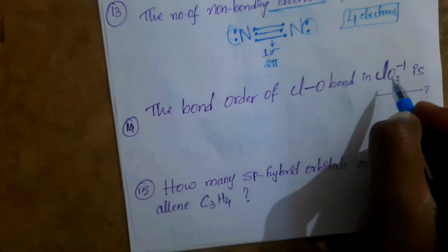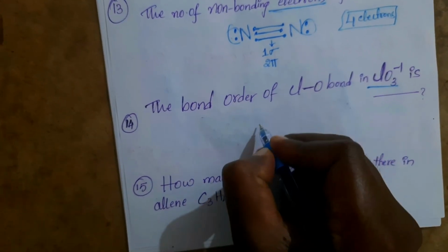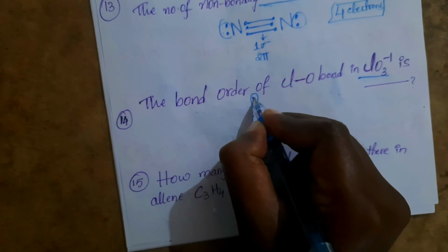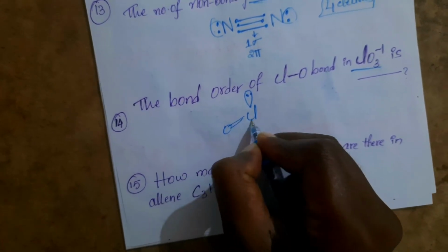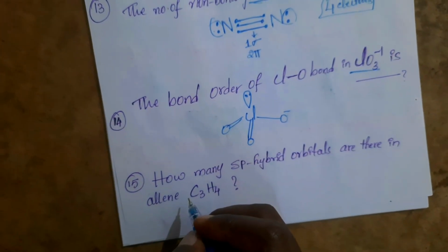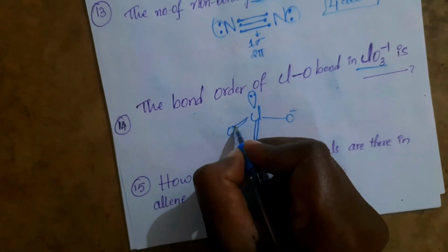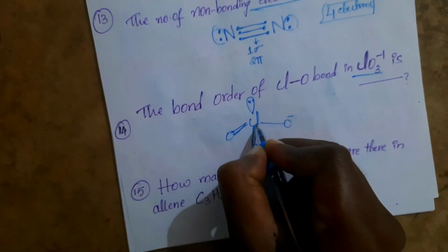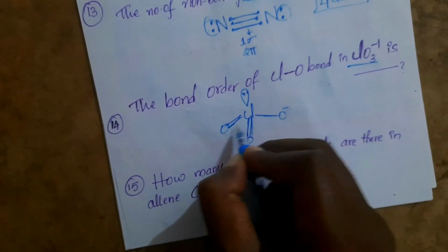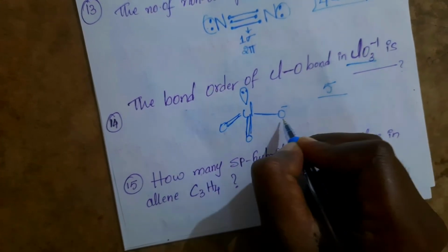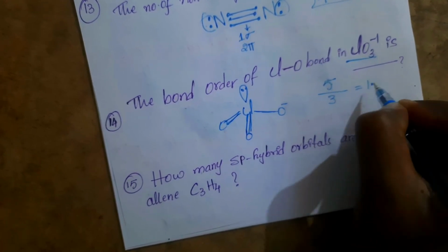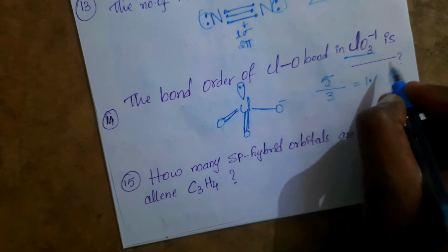Now next one, the bond order in ClO3-. What is this one? Chlorate ion. In the chlorate ion we have one lone pair and 3 oxygens. Out of 3 oxygens, 2 oxygens are with double bonds, and 1 oxygen has a negative charge. Now you see, the total number of bonds will be how many here? Total of 5 bonds are there. Now the bond order between Cl and O, they are saying. Chlorine to oxygen, how many bonds are there? Total of 5 bonds sharing between 3 atoms. That is 5 by 3. 5 by 3 is nothing but 3 ones are 2. That is how much?